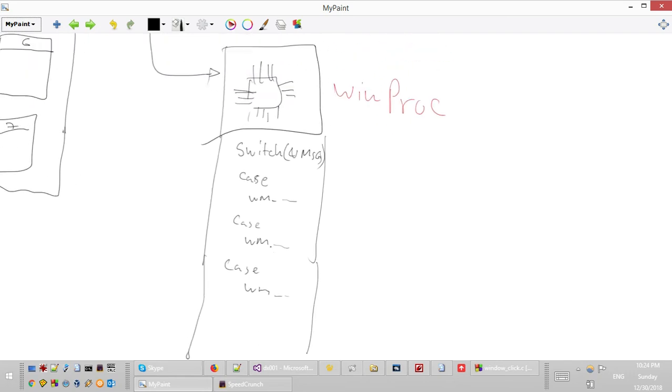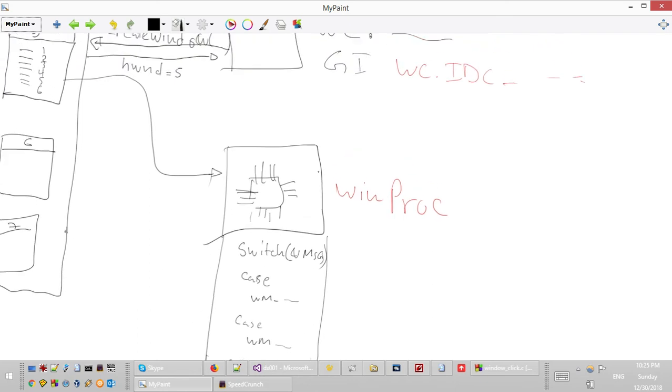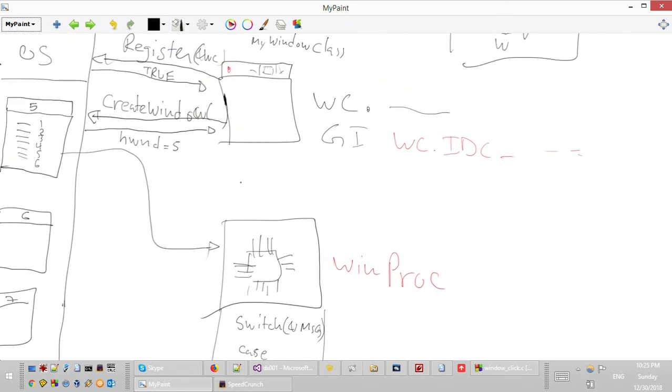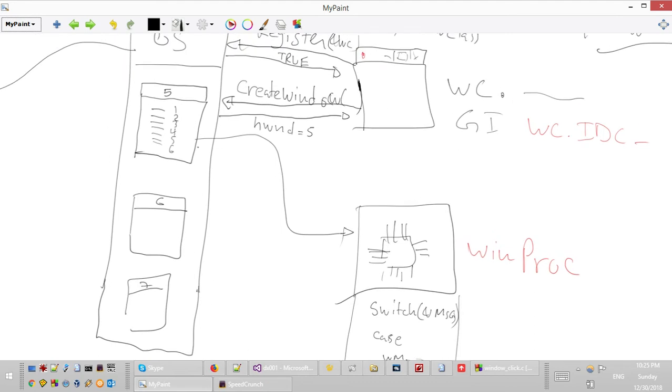Okay, so that's the WinProc. WinProc is just a switch processing machine which will treat all the messages,